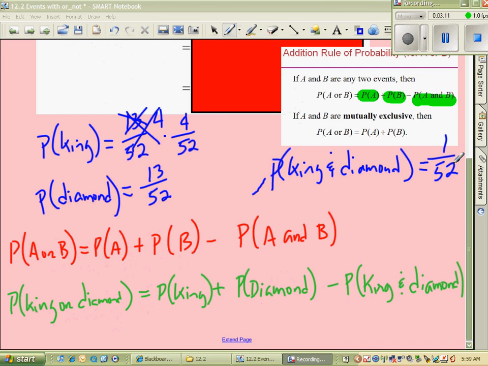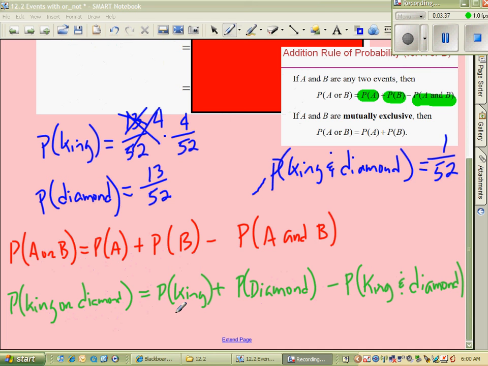So what I've done is I've written this out. Here's the equation that we use if you want to find the probability of event A or B occurring, and the events are not mutually exclusive. Then we take the probability of the first event, we add the probability of the second event, and we take away the probability that both events occur. By doing that, what we get is the probability of being a king or a diamond is the probability of